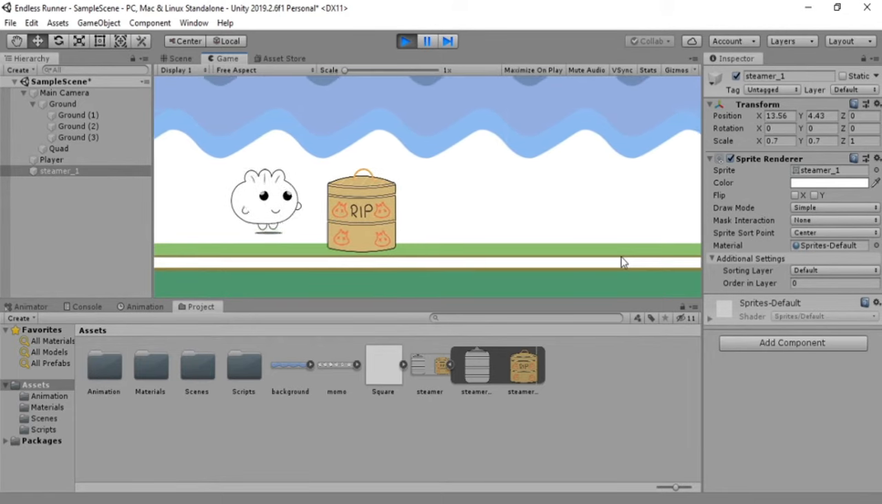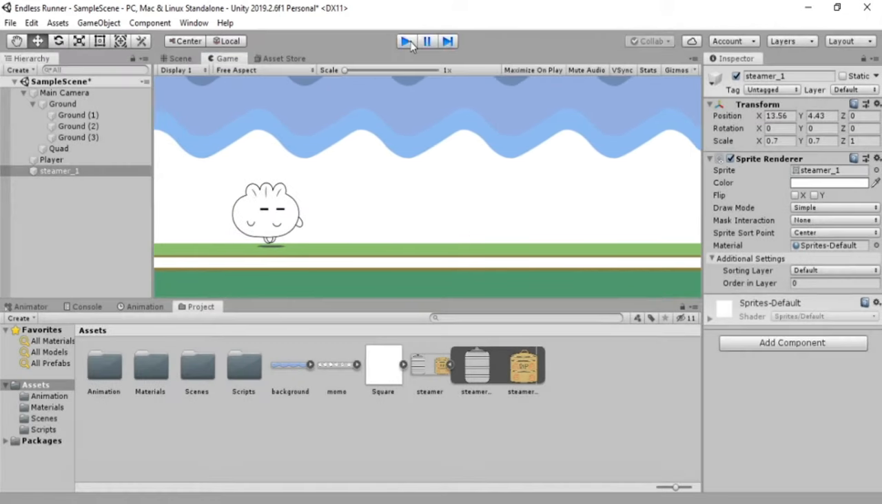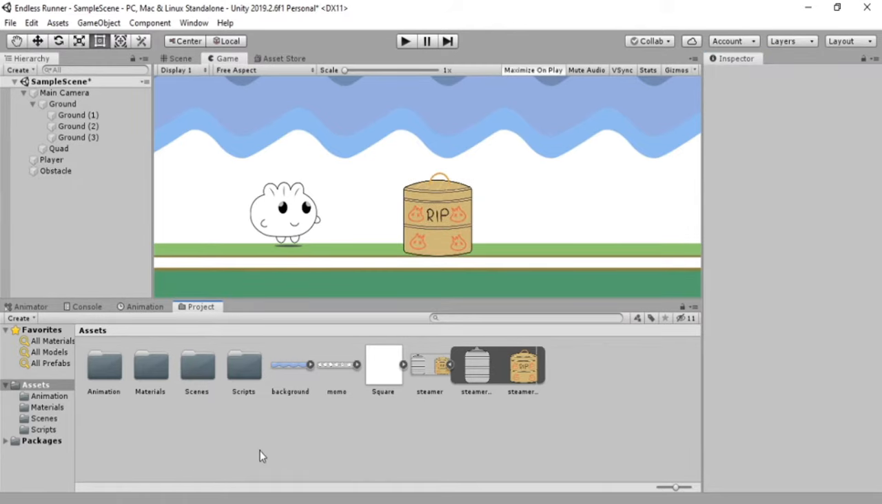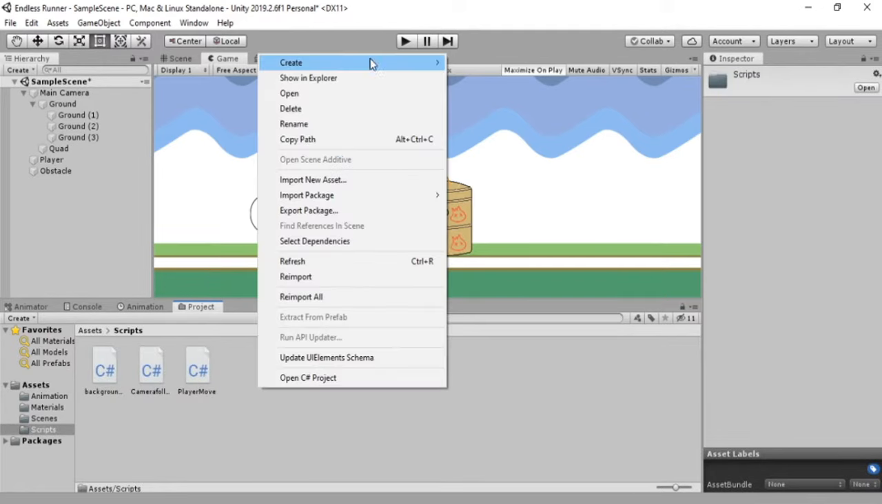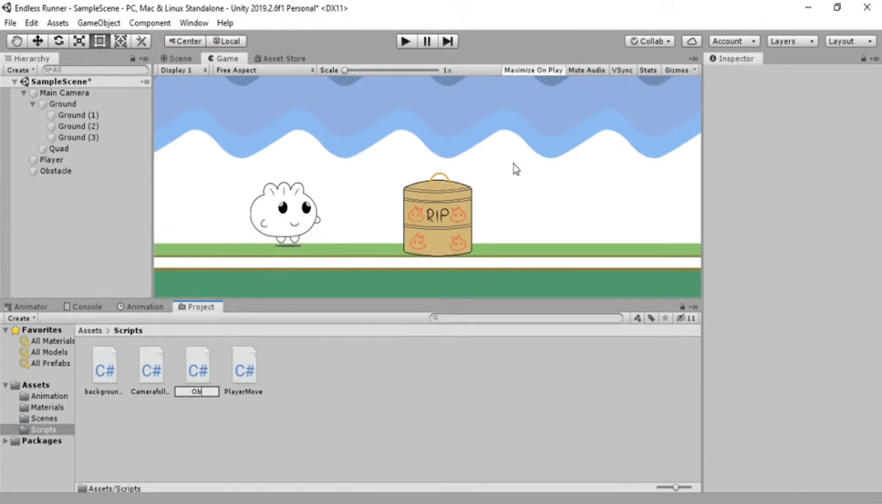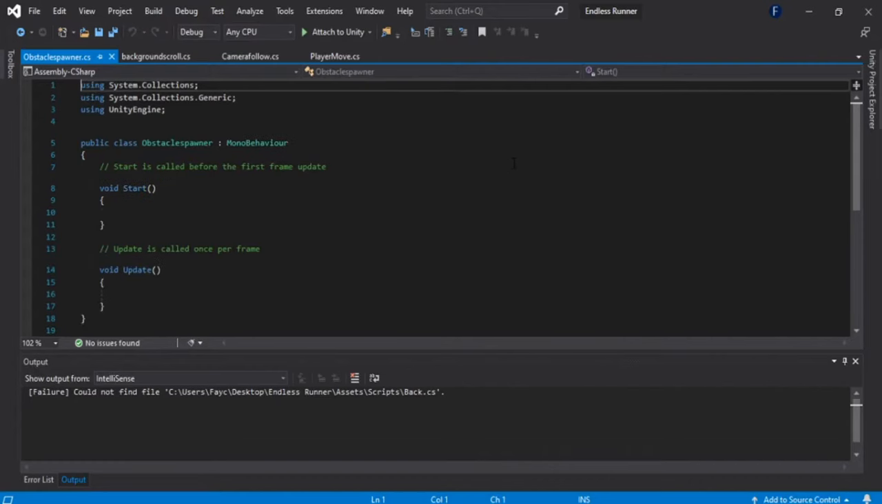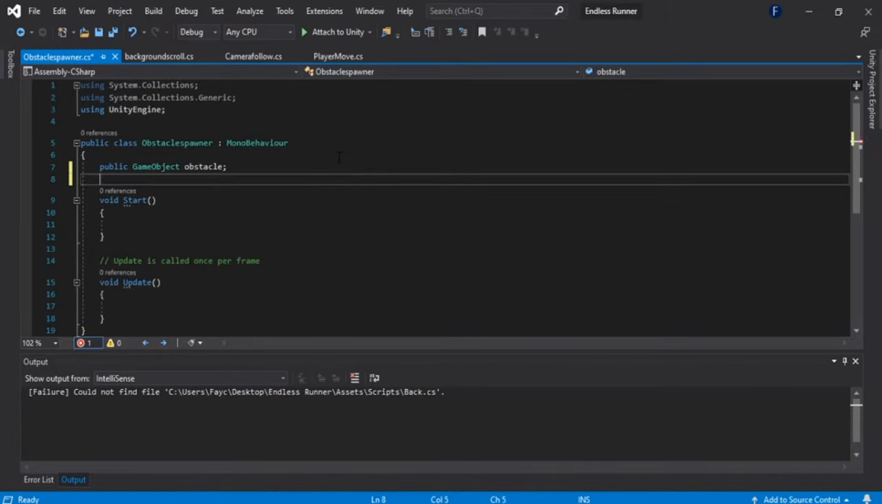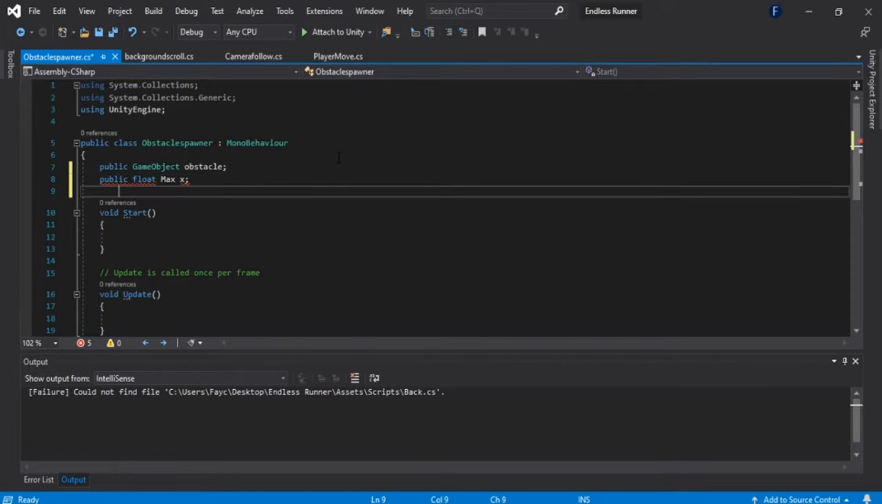So what's next is spawning the obstacles from right to left, just like in the T-Rex game. For now I will just create a simple script called obstacle spawner. Create it and now open this. At first, I'm going to declare a public GameObject obstacle, the obstacle we just created in the scene, and I will give maximum and minimum coordinates of x so that